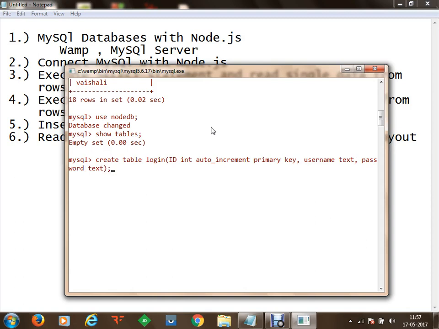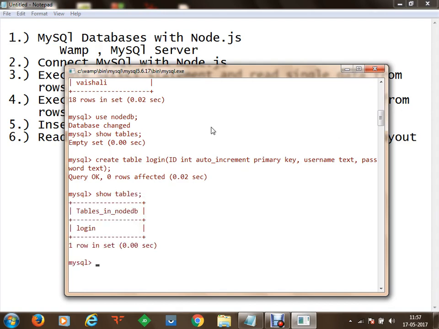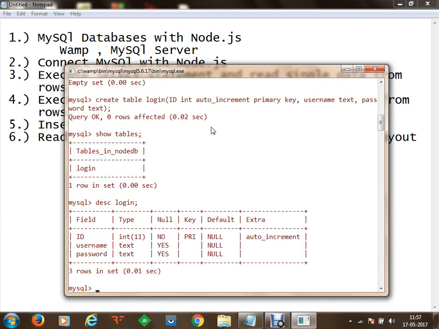So what we did, we have created a table with the name login. In that we have a column known as ID, which is of integer type, auto incrementable, and a primary key as well. Then the second column is username, which is of text type, and the third column is password, which is also of text type. As soon as we execute, my table has been created. We can now show tables, and you can see that I have the login table created. We can use describe login in order to see the columns and the key types. Once we do that, we get all the information about our login table.